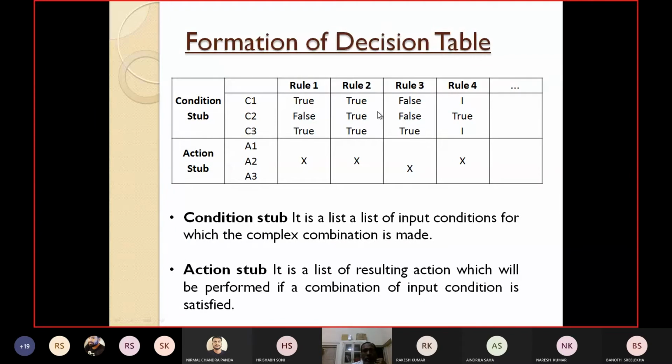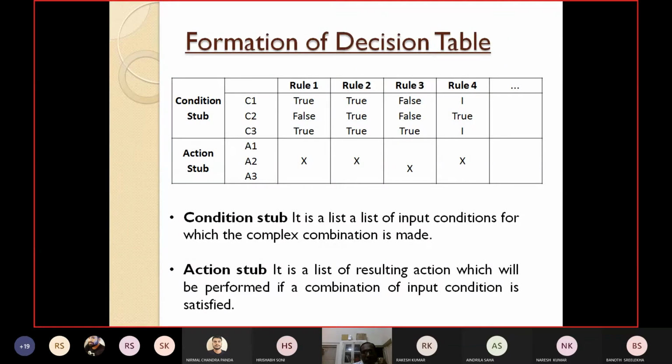When all the conditions C1, C2, C3 happen, the action to take is again A2, another rule. When only C3 is satisfied, you have to perform action A3, another rule. When only condition C2 is true, whatever the conditions for C1, C3, perform action A2. This is another rule. So for every possible combination of conditions, frame different rules.